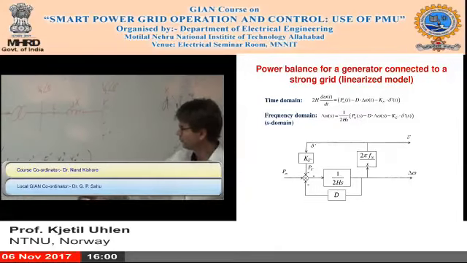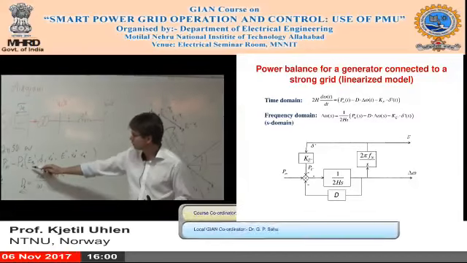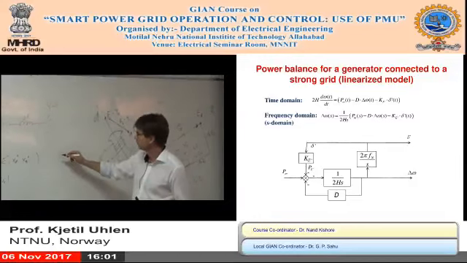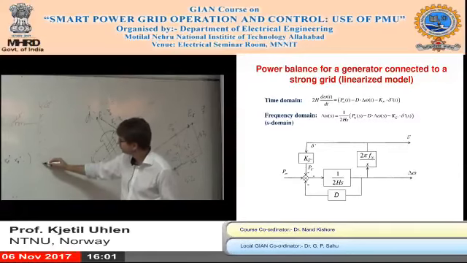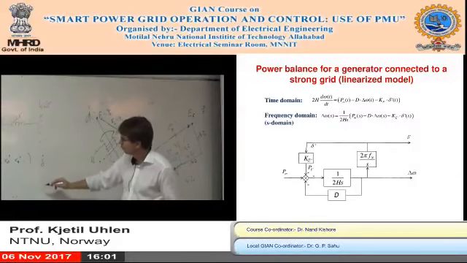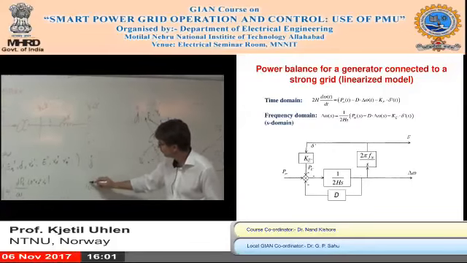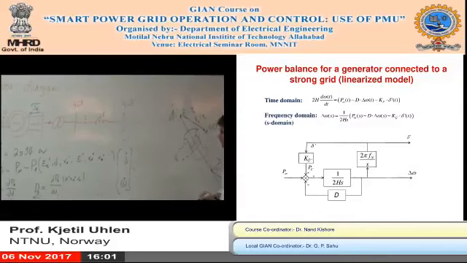So we forget about the transient internal voltage for the time being, meaning that for our analysis, if we put it up like in a matrix system, we would have